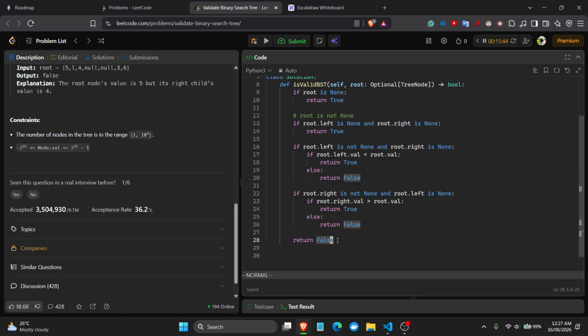So the way I want to do this is I want to say something like, else you want to return what? Root dot left dot val is less than root dot val, and this is less than root dot right dot val,